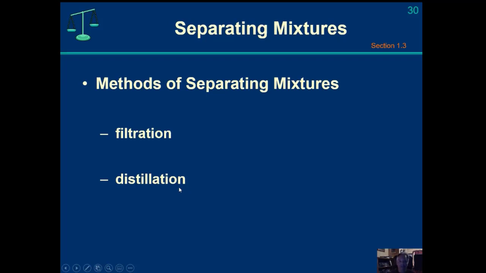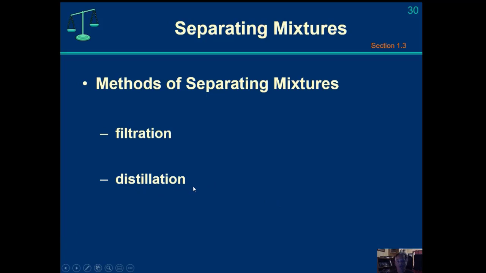Distillation. Distillation is something that we talk a lot about. Water, that is fresh water, is actually the most valuable substance on the planet. And so ships have to use a desalinization process where they remove the salt from water, and essentially what you do is boil the mixture of salt and water. The water vaporizes, the salt doesn't, and then you condense the pure water, and that's how you make fresh water.